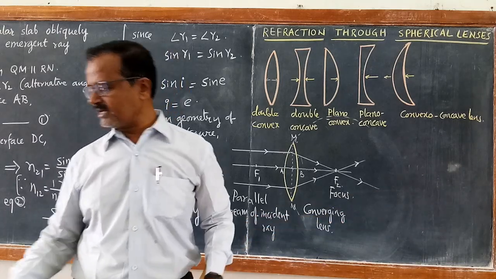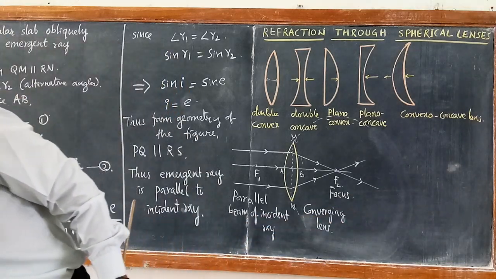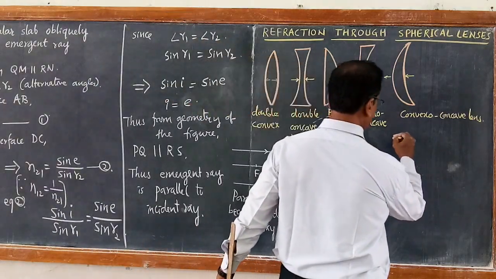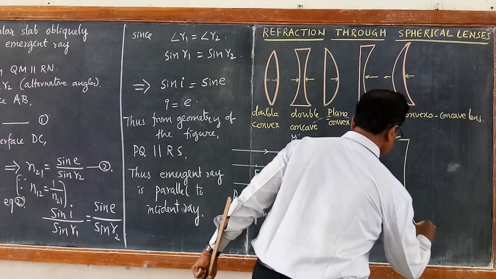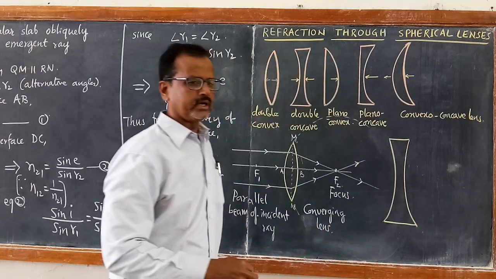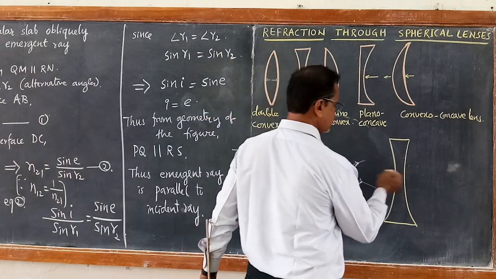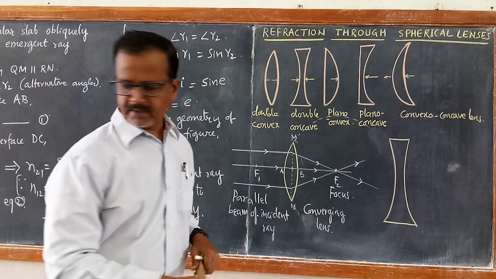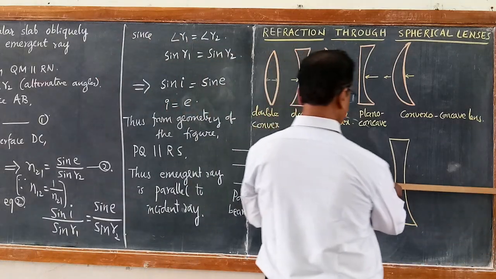Then the other type of lens is the double concave lens. If you draw a double concave lens, this is also having two curvatures. Therefore, it is also having two foci. So, if you draw a parallel beam of light for this, then interestingly,